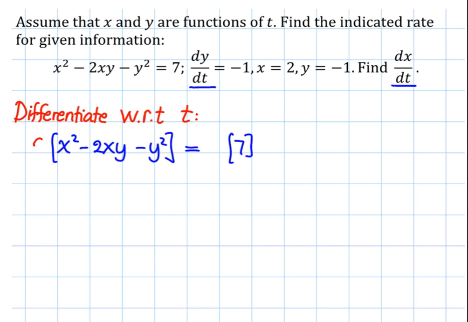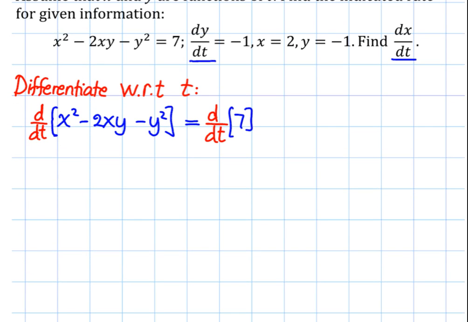And we differentiate with respect to t on both sides. Right. The derivative of 7 on the right hand side is equal to 0. So that is easy. Now on the left hand side we'll split as d over dt